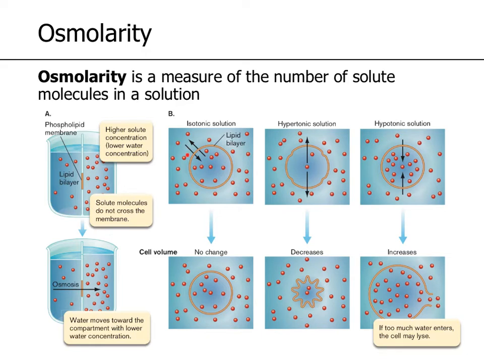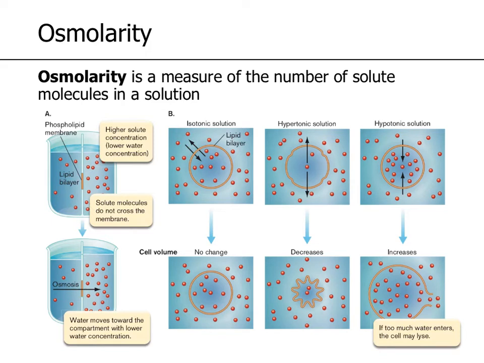So the lipid bilayer, remember, is a semi-permeable membrane that water can pass through, right? Water is able to pass through the membrane, but it does so pretty slowly, but it will do it. So what it's going to want to do is reach some kind of equilibrium, right? So it always wants to hit this isotonic state, and so it's going to move water either out